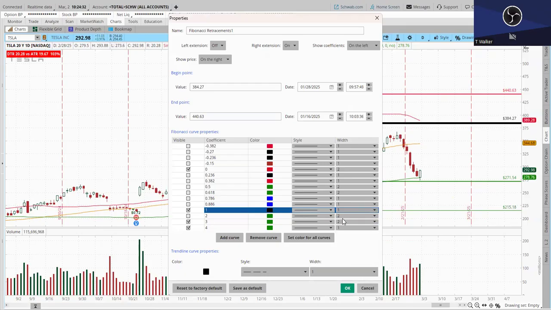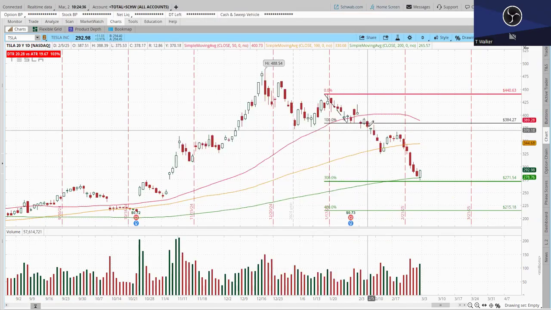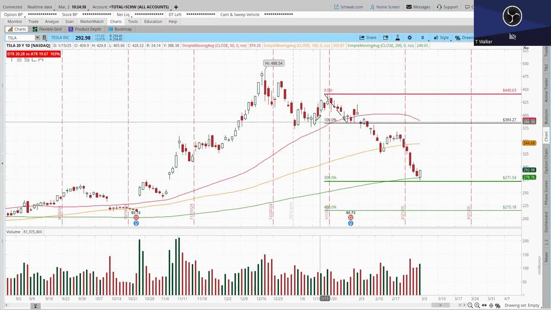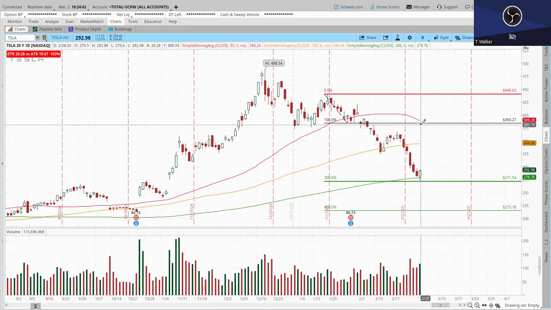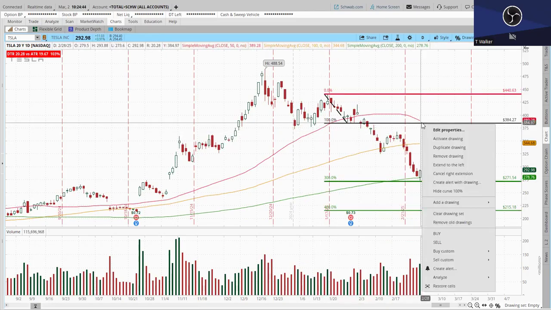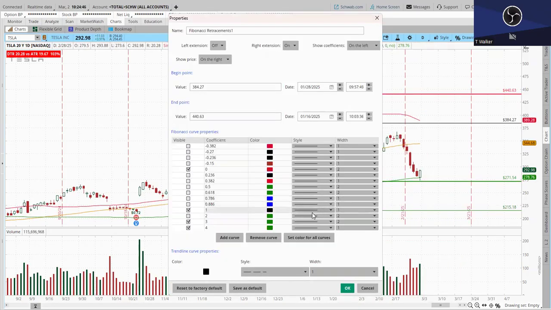If you want it as a thin line, go to 1 with 1, and you'll see that this is less visible. I mean, some people may want it this way. All right, so anywho, let's get that back to the settings. Once you have placed your 0, 1, 2, 3, 4, and made those visible,